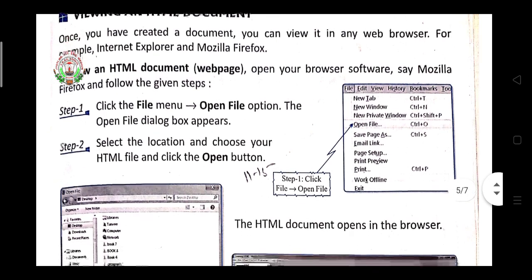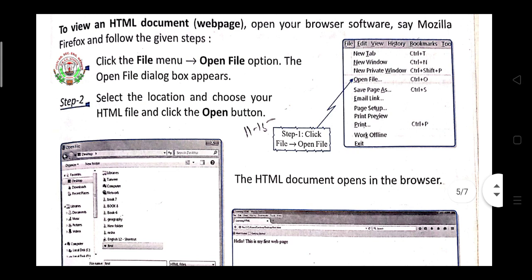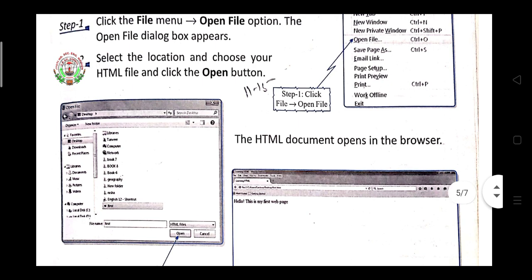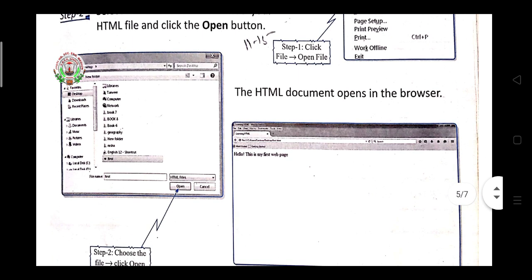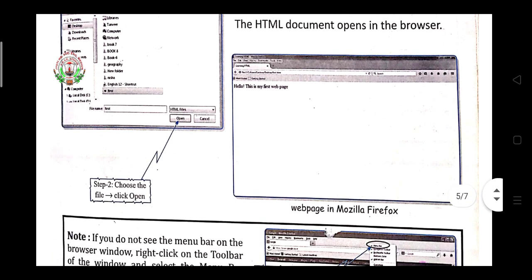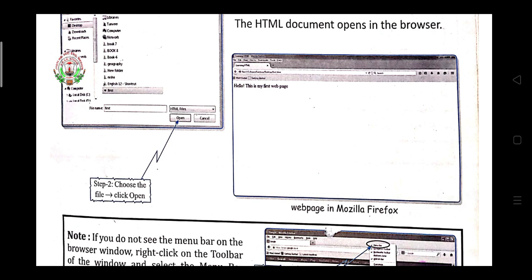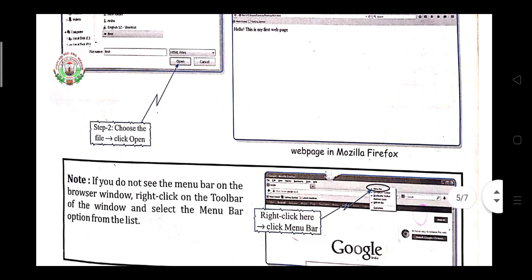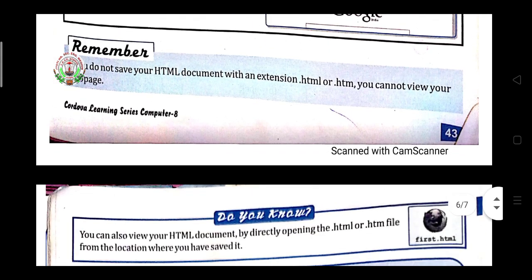While selecting open file, you open the page where you saved your HTML document, with the help of this window, and then the output of your code will display like this. This is given there: hello, this is my first web page. Like this your HTML document code output is displayed.